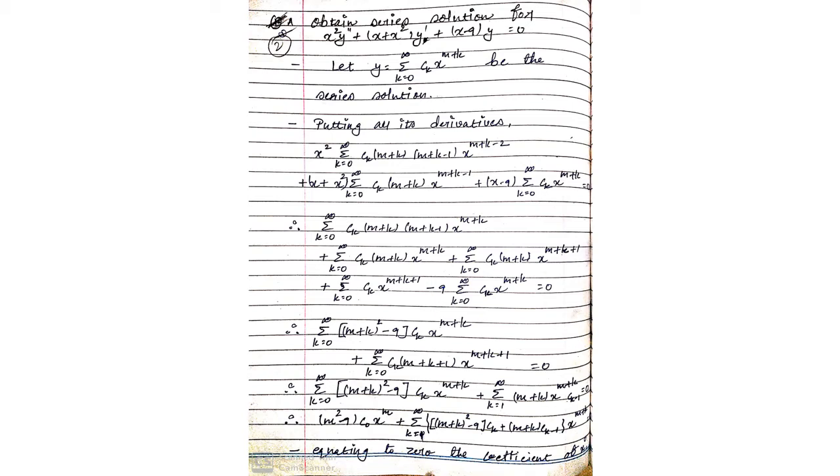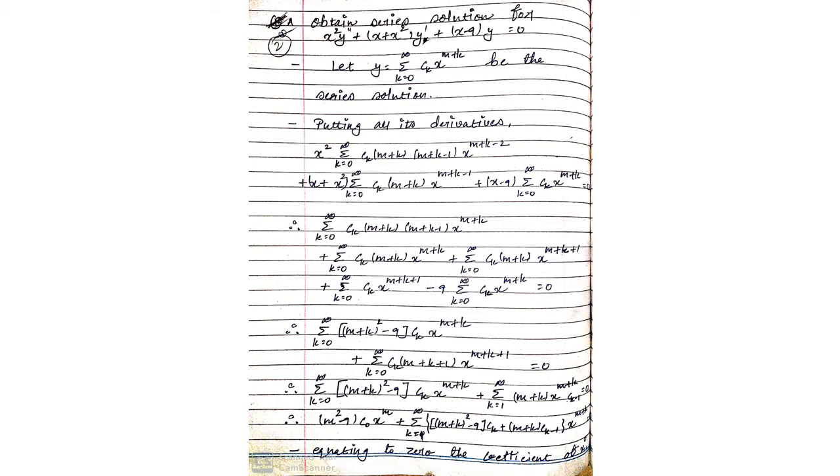So for the singular point, you all know what the solution is, and that is y equals summation k equals 0 to infinity c_k x raised to m plus k, right? Okay, now the next part. See the equation, there are three components given: y, y dash and y double dash. So for that you have to find y dash and y double dash.